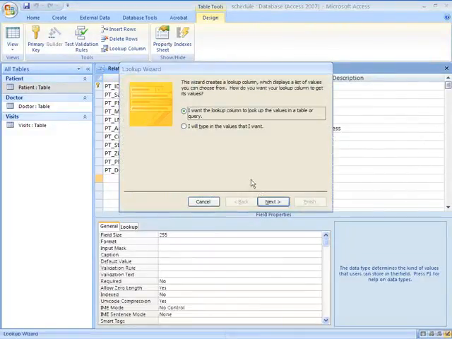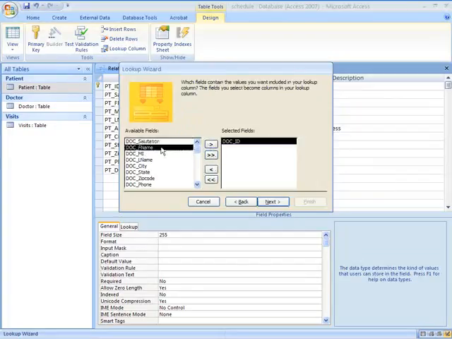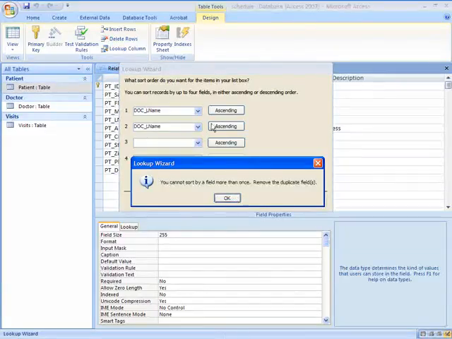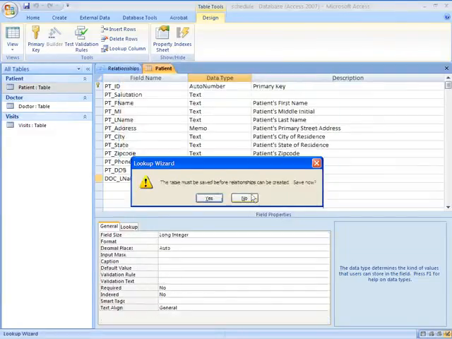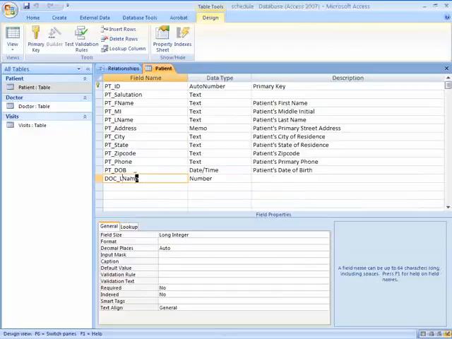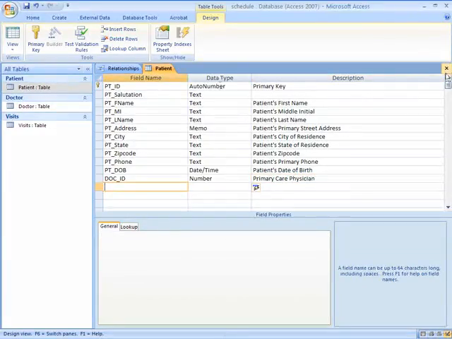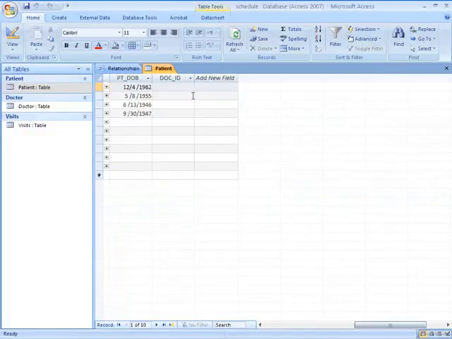As structure changes in my database, not just my data tables, but as I add more tables and things, I can always go back and do lookups to add more information. So I'm going to put a physician with every patient, because I'm going to assume that my physicians are, oops, that should have been F name. There we go. And so now I can assign a physician to a patient, so that way I can make sure that they always know what's going on. Yep, save the table, and I can go over here and I can now add physicians to my patients,